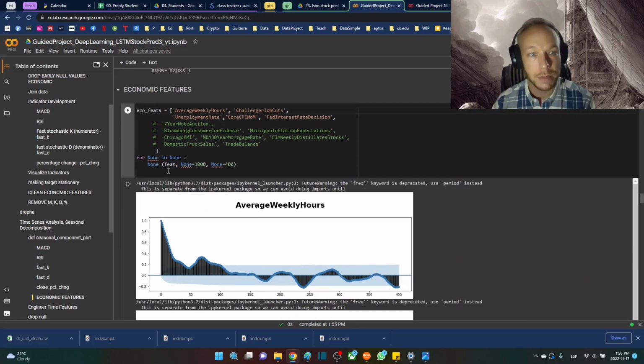We need to do something similar with our economic indicators. So we don't know if the economic indicators are released before the end of the day. We really won't know if we have it available at that time. So we need to use the past values to predict the future. And so what we're going to do is we're going to go for